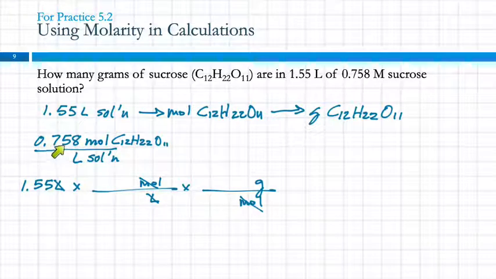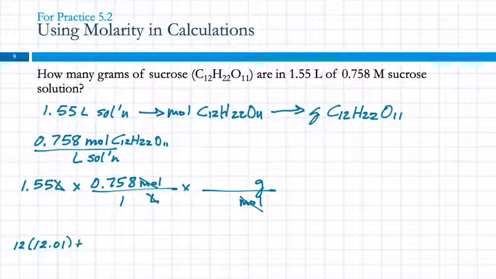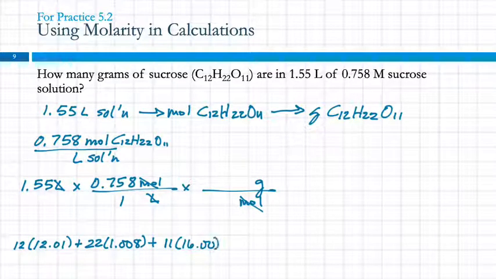So this number, 0.758 moles for every 1 liter of solution. 0.758 moles per 1 liter of solution. And then I need the molar mass, so this is something I'm going to have to calculate. 12 times the mass of carbon, 22 times the mass of hydrogen, 11 times the mass of oxygen,